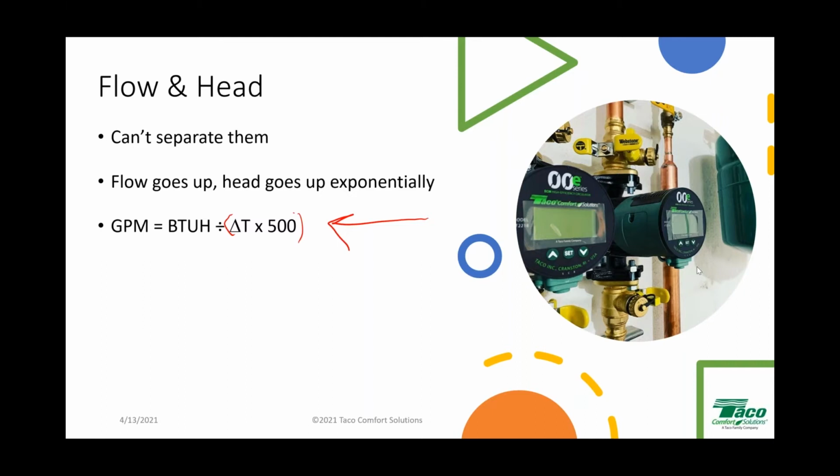And for our purposes today, we're going to presume normal residential hydronics, and we're going to look at a delta T of 20 degrees through our system. Our jobs today, 500 is a mathematical constant. 500 comes from multiplying the weight of 1 gallon of water, which is 8.33 pounds, times the number of minutes